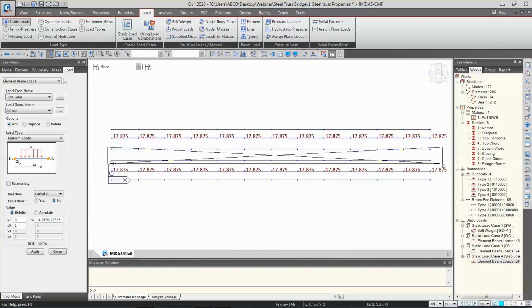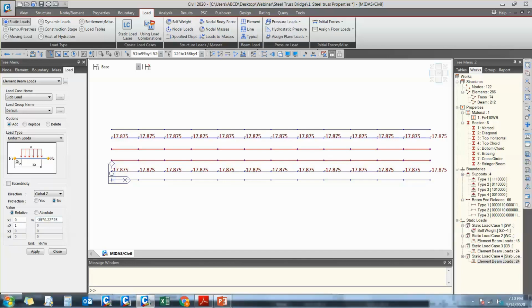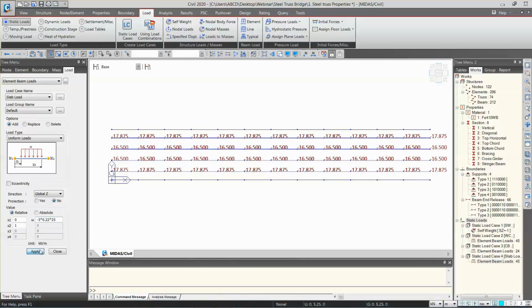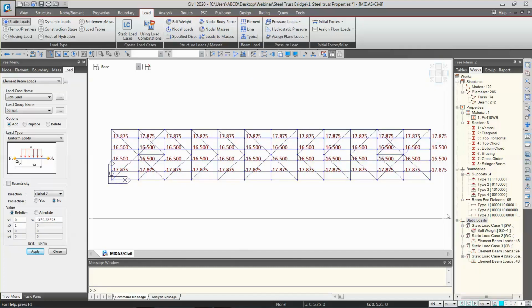Now similarly on the middle stringer beams, instead of 3.25, it is 3, and click on apply. So I'm just showing you the way how, even if the intensities are different as per the location of the beams, the loads can be easily entered. So this is how the procedure should be. Or you can calculate first the load intensity and directly enter it over here. That is also not a problem. Now the static loads are done, so I will activate all and undisplay this.